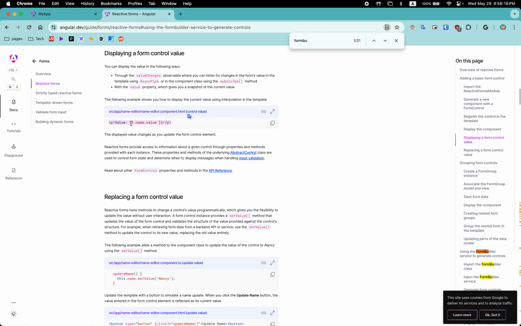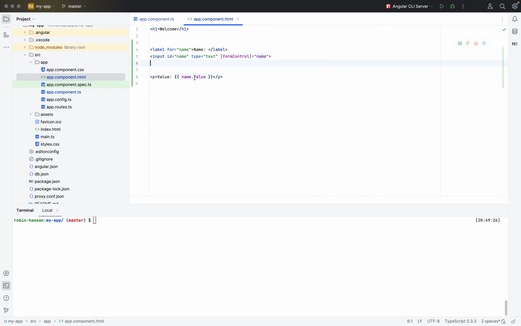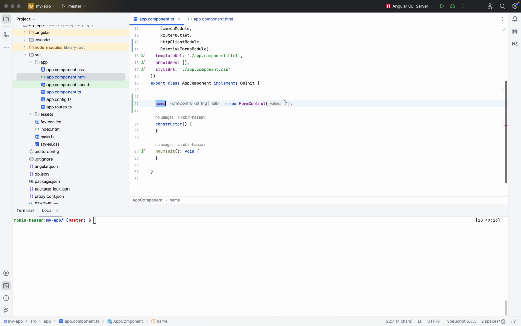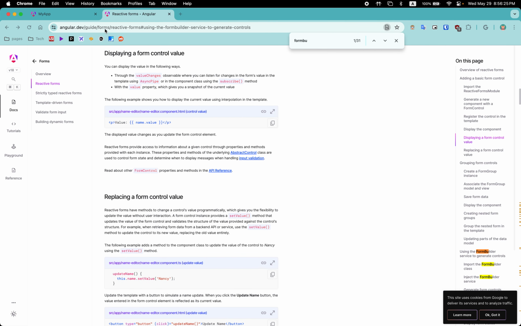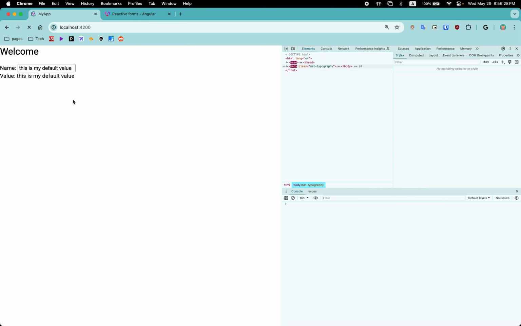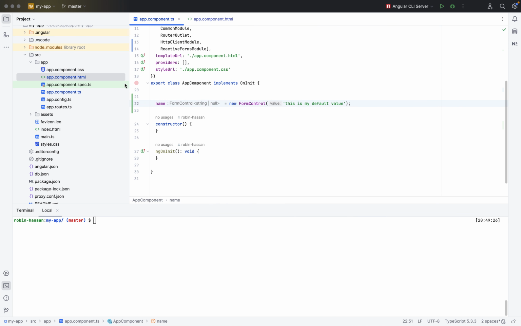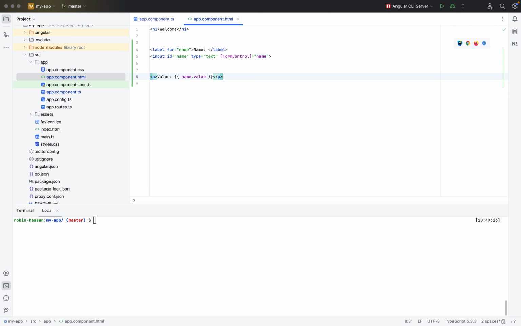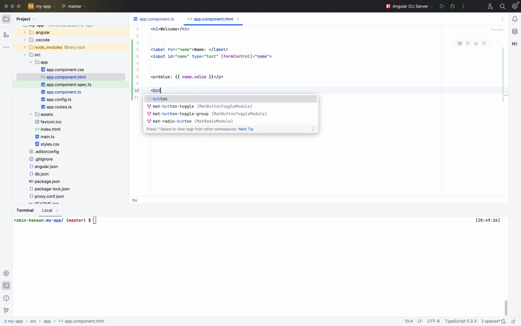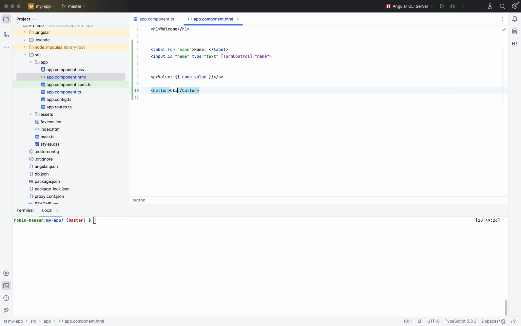Sometimes you need to set a default value, right? Initially you can set that as well. This is my default value. If you now reload, you see the default value. Now you probably need to have a button which is gonna set some value. For that, what we can do, we can add a button. Set value. We can just say on click,